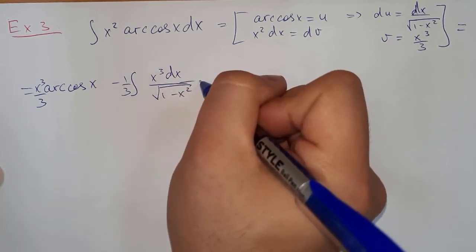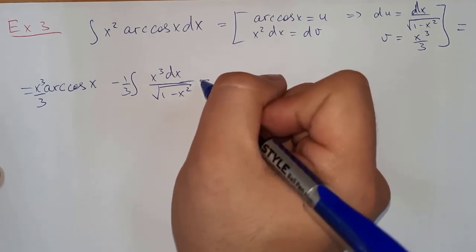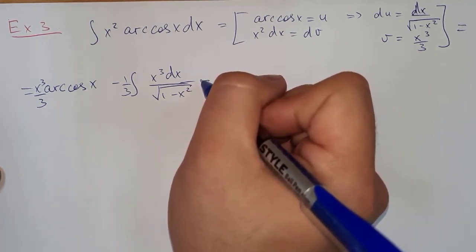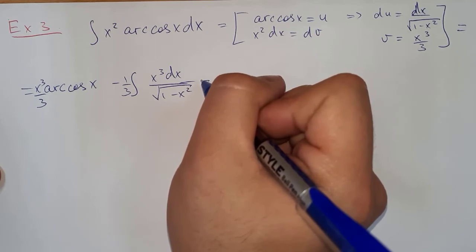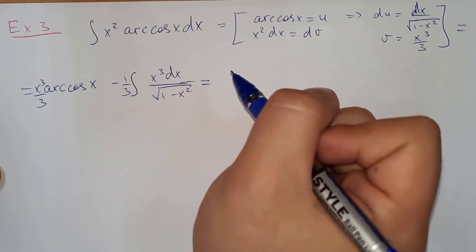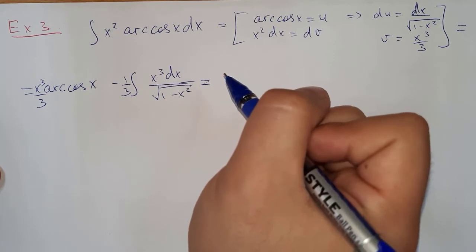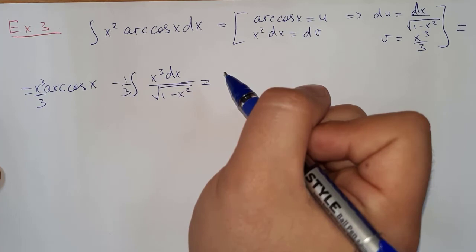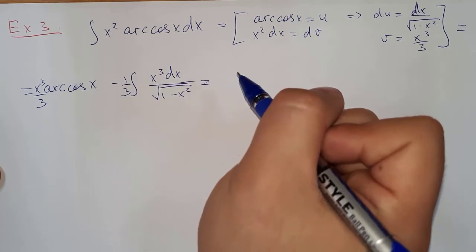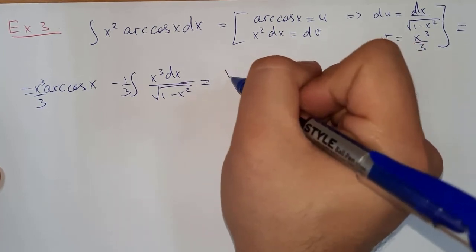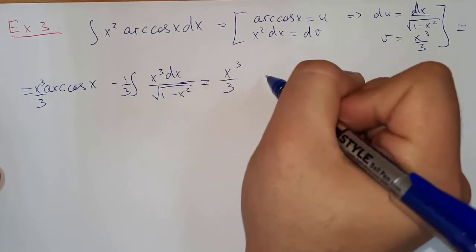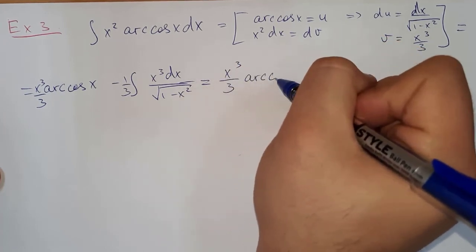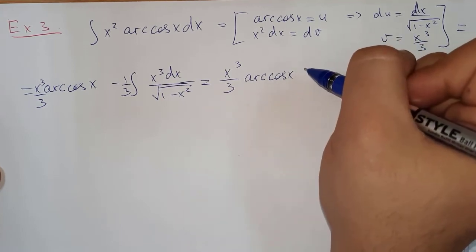Okay, now we'll use it again, or we can do it without that. So this is x cubed over 3 arc cosine x, and then